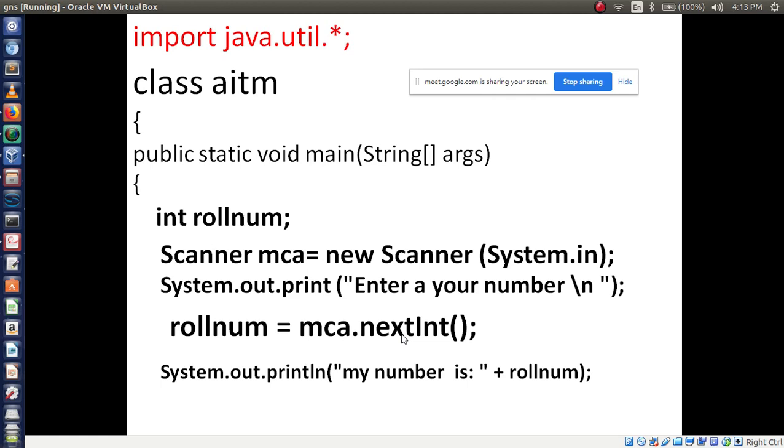Okay. Now we'll move on to this. This is called object name, that is MCA, and this one is called method name. Next int is a method name for reading an integer number, right? So